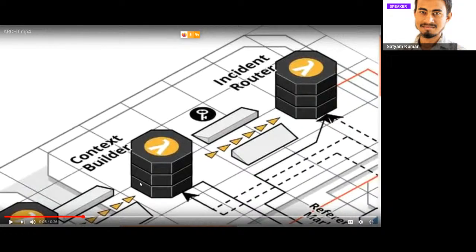So it acts as a local copy of whatever alert the client or modules have sent to us. The upcoming lambdas need not know which module sent this request, or from where we need to fetch the details of the request. Anything, we need not know. That is the task of the context builder. So that's it. It is done.